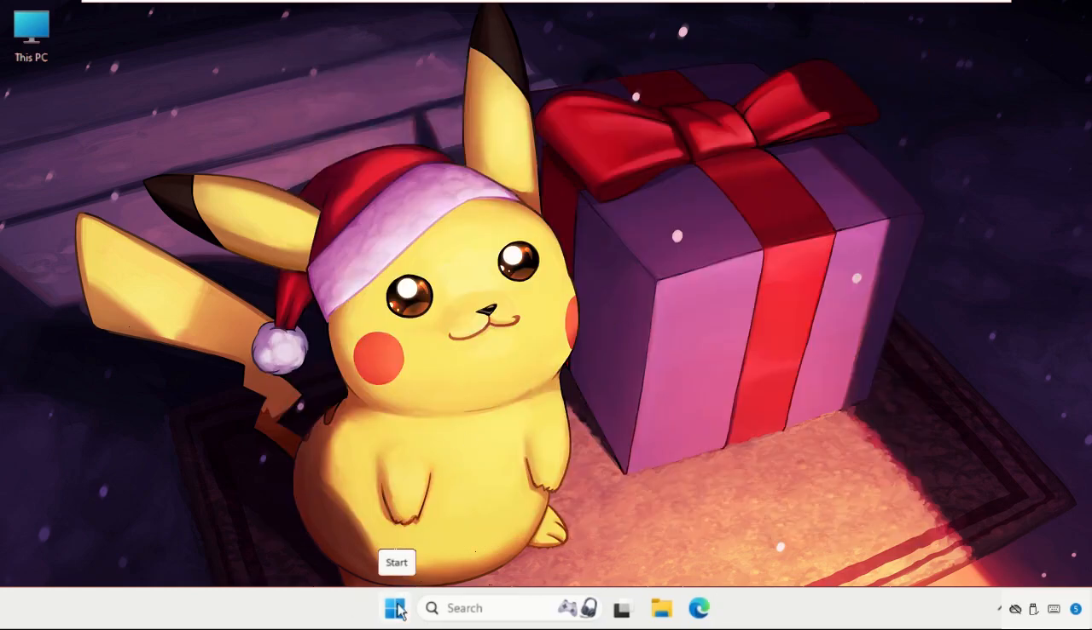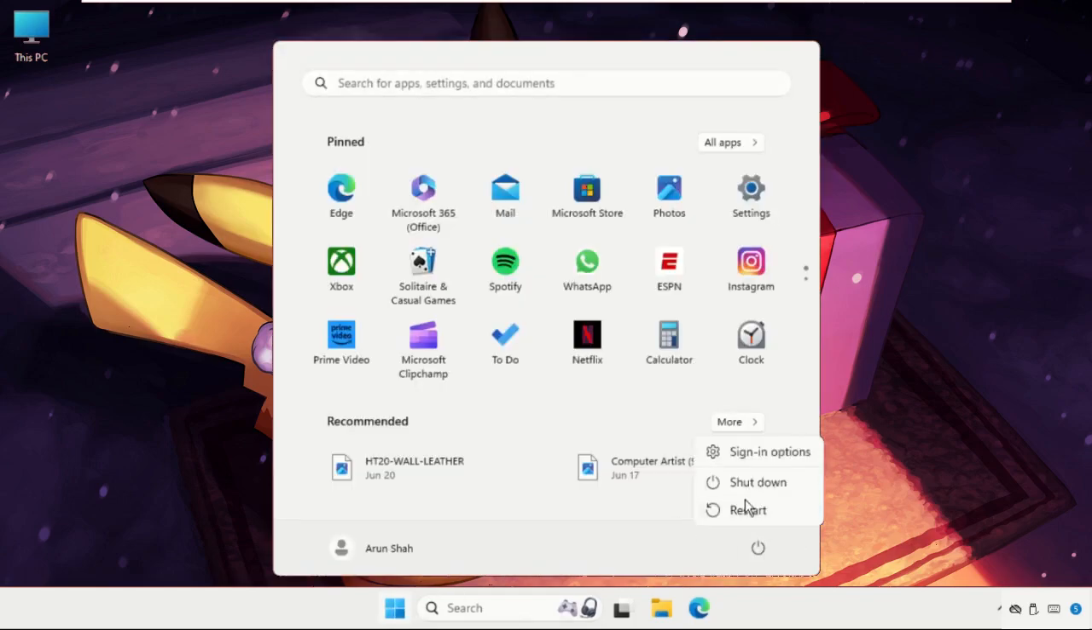So that's it guys. You can also check out the ping command to fix this issue quickly and then restart